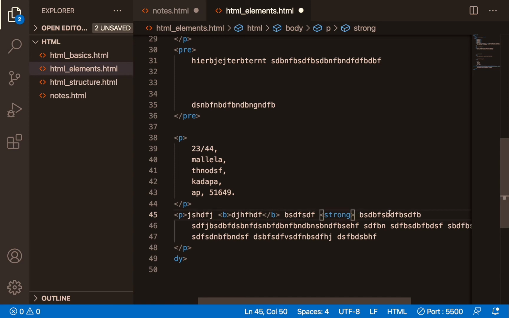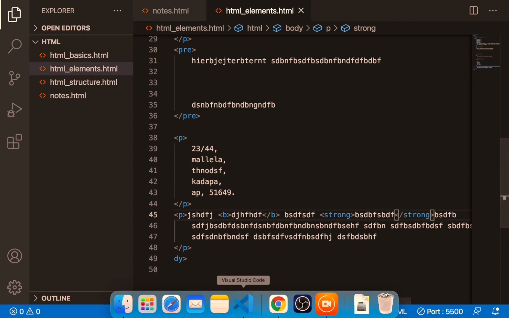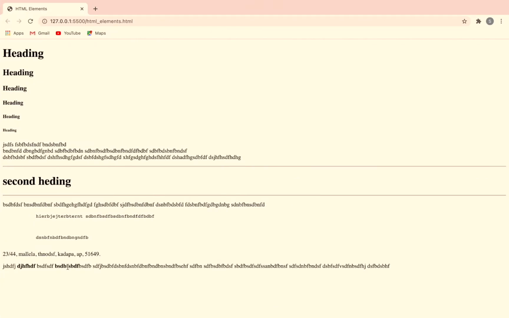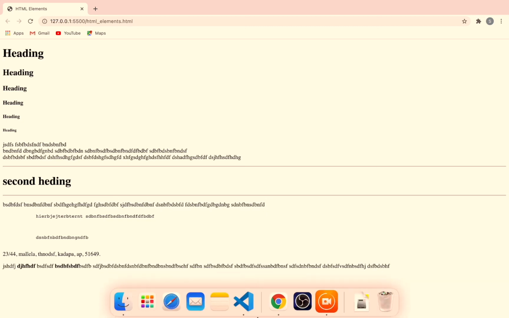Cut it and paste where you want. Save it. Let's see how strong will come. You see here bold and strong. So this is similar to bold only. If you want to highlight some strong word, you can use bold or strong. In looks, both are the same, but you can use any one.